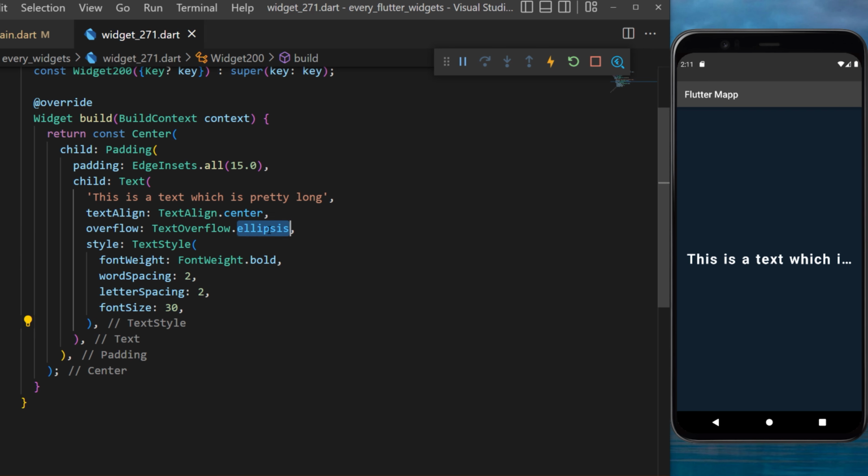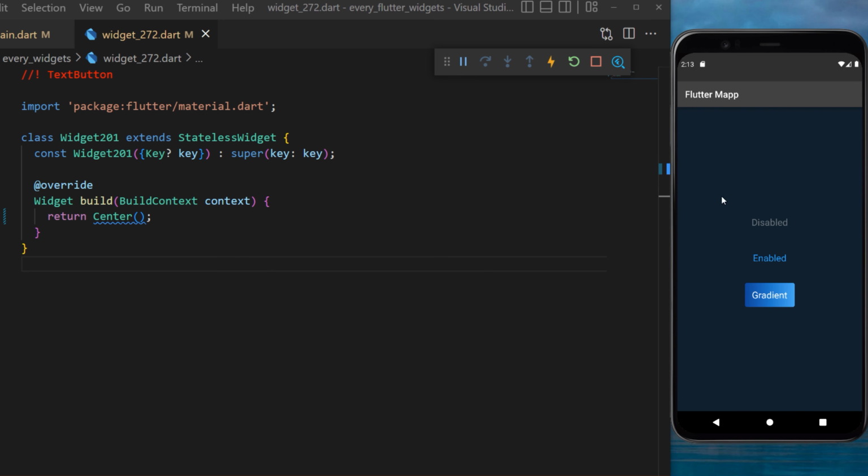And because we use the ellipsis, you can see that we have 3 dots because the text is not able to enter in the screen. This was the text widget. The text button widget. I will show you how to use this and also how to create a button with